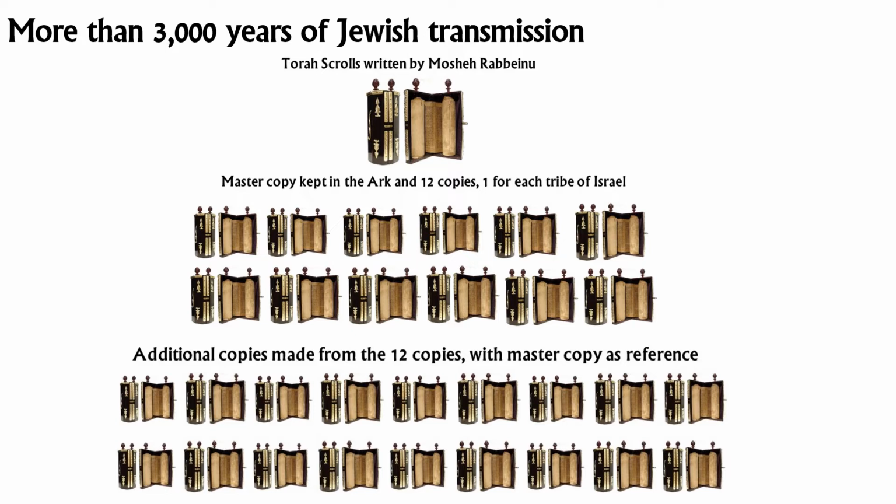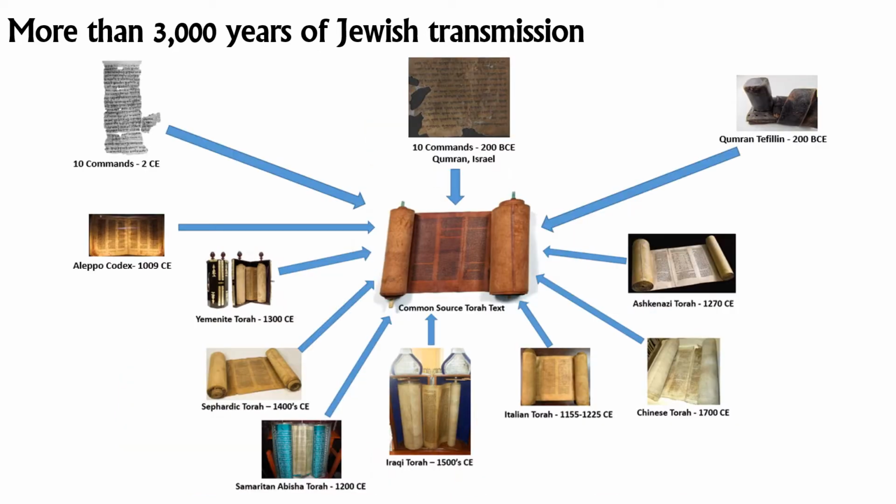So what you had is a situation where the one that Moshe Rabbeinu wrote, the first one, would have been considered the master copy. And the 12 that he wrote would have been also the secondary master copies. And from there, those would be referenced whenever there was a question about what was supposed to be in the text. So essentially what we have is, after more than 3,000 years, amongst both the Jews and also Samaritan communities as well as traditions,